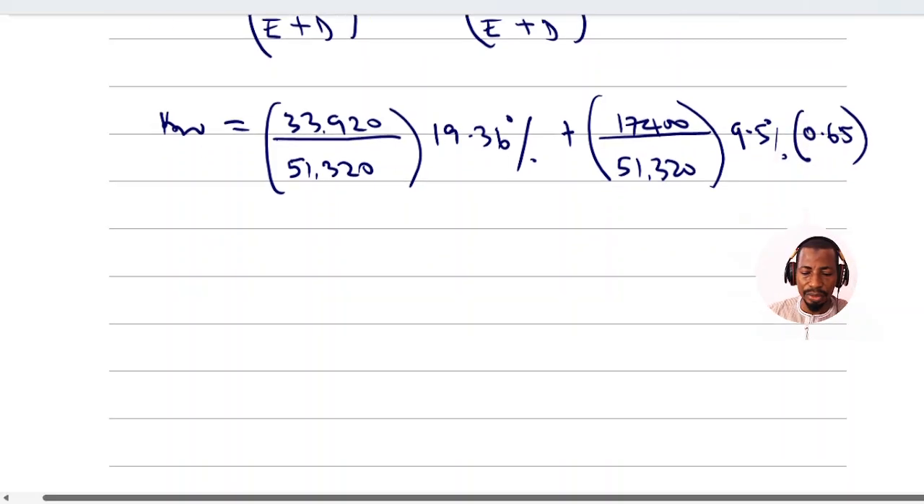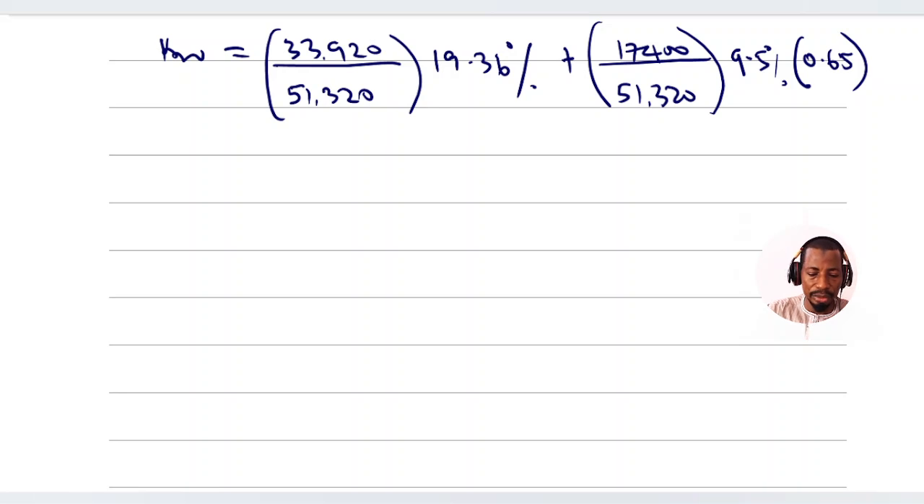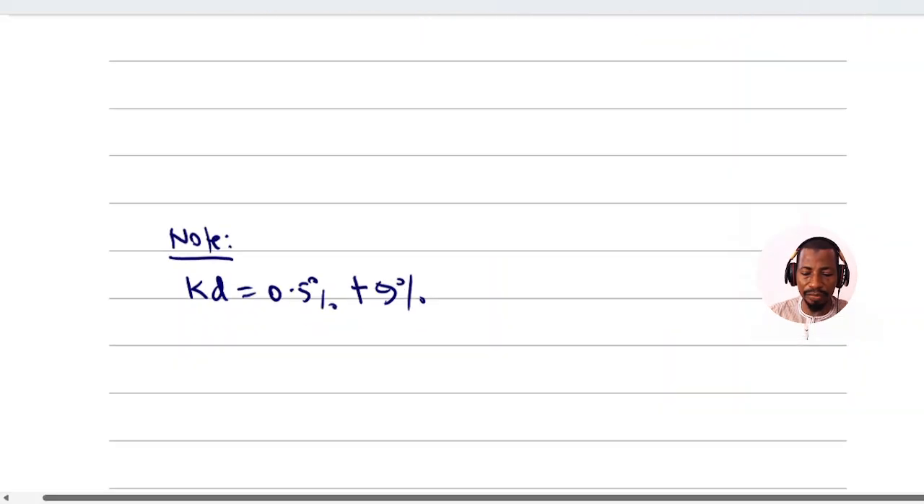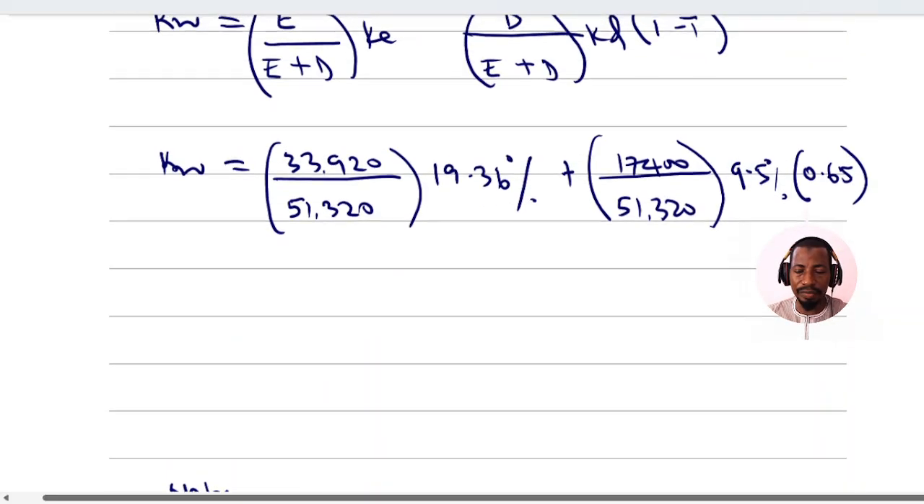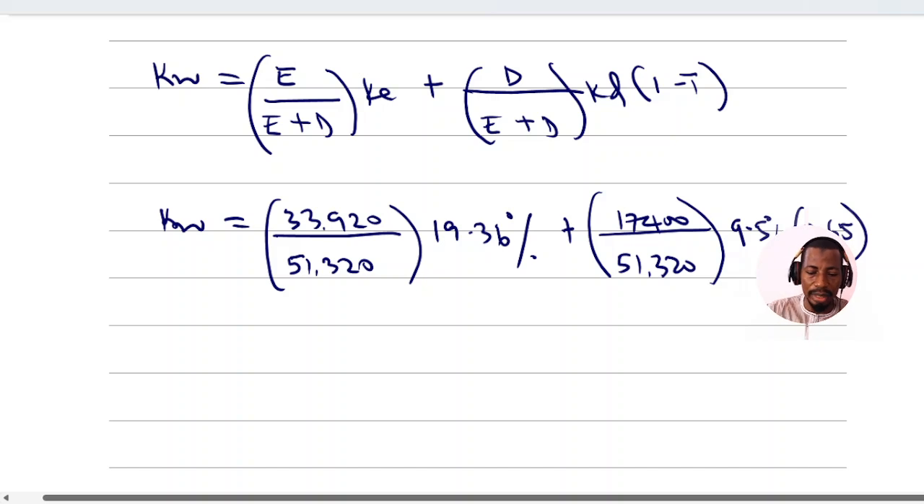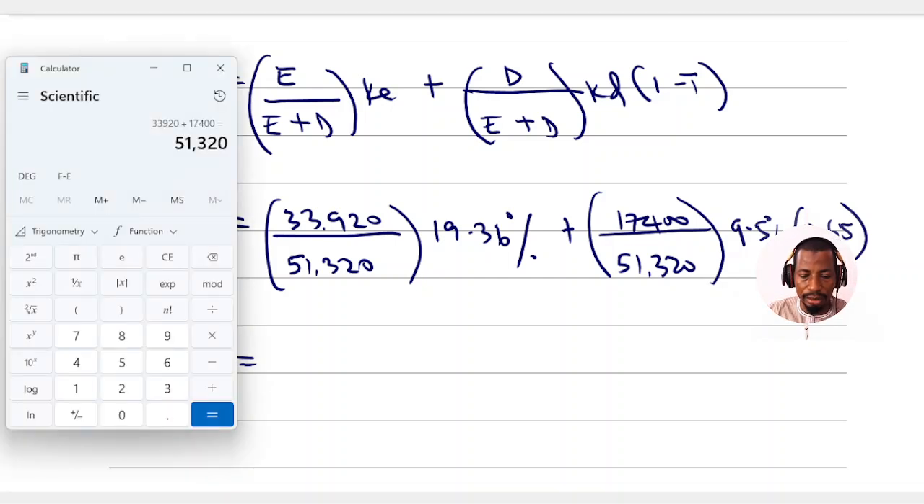Okay, so lest I forget, after this, another one. So just say note: KD is equal to 0.5% plus 9%, which is 9.5%. So that you know how we got that. It's 9.5%. Okay then, so mathematically, KW will then be equal to, bring out your calculator,